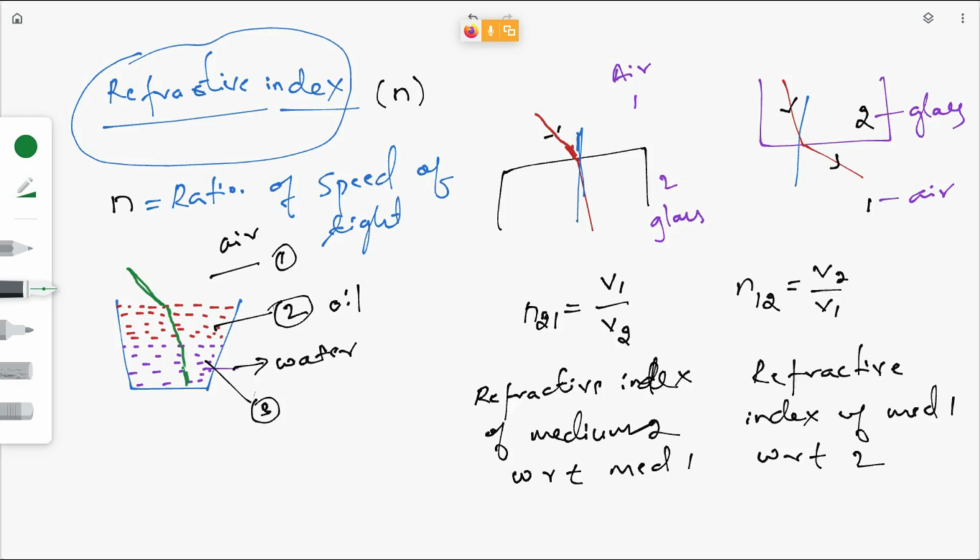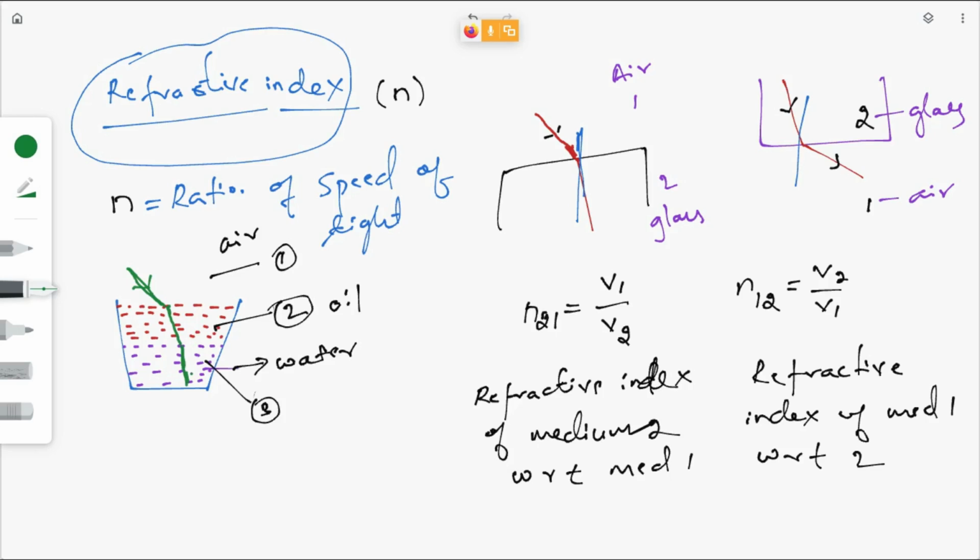Okay, so let me stop here at these two interfaces. Try to understand, this is the incident ray. It will refract here at this point because of the change in transparent medium. You know this one, right? Refraction: light bends or changes its direction when it travels from one transparent medium to other transparent medium. Okay, again from oil to water. Water is more denser compared to oil, again it will bend, right?